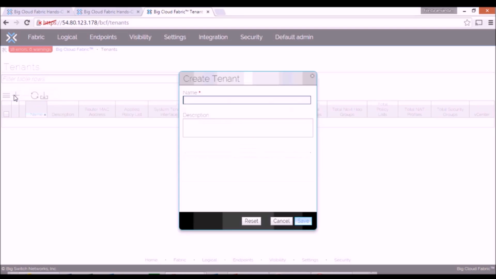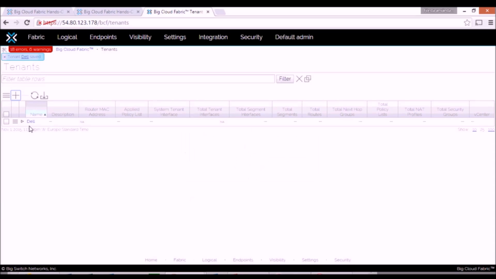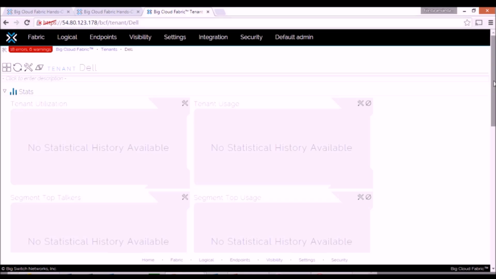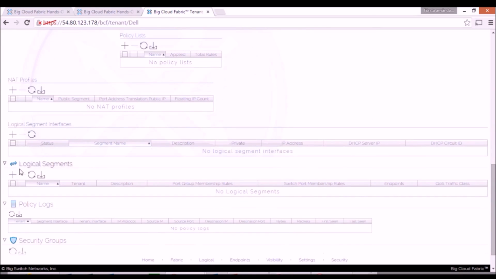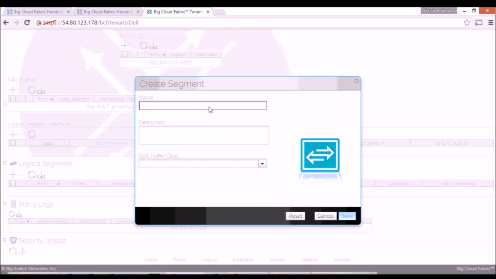Okay, time to start to configure. I will create a tenant, Dell, save that one, and now I will create the segments, the segment IT and segment finance. And as I said, those are VLANs in the normal switch world. Okay, let's create this segment, Dell IT,